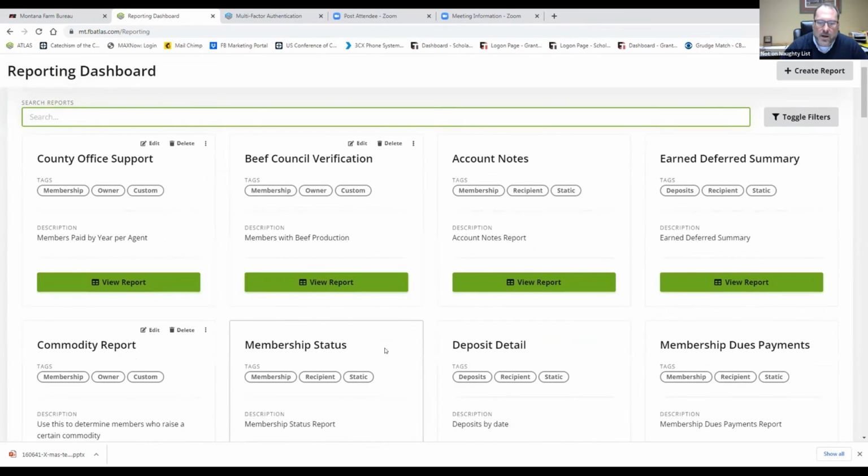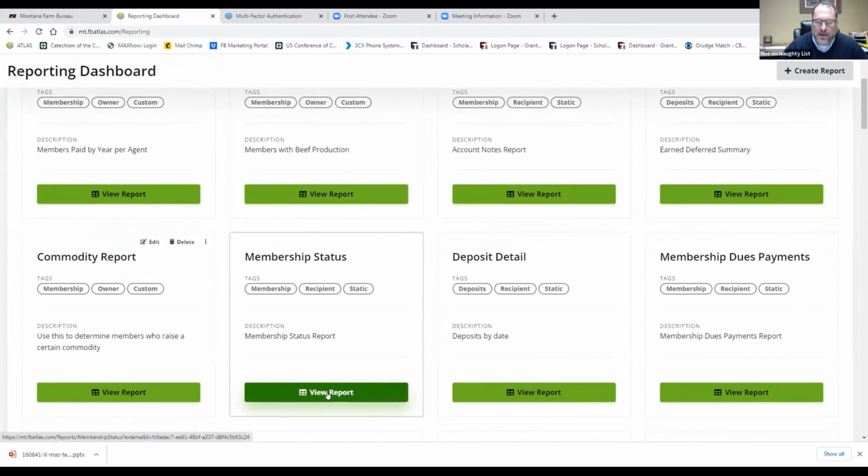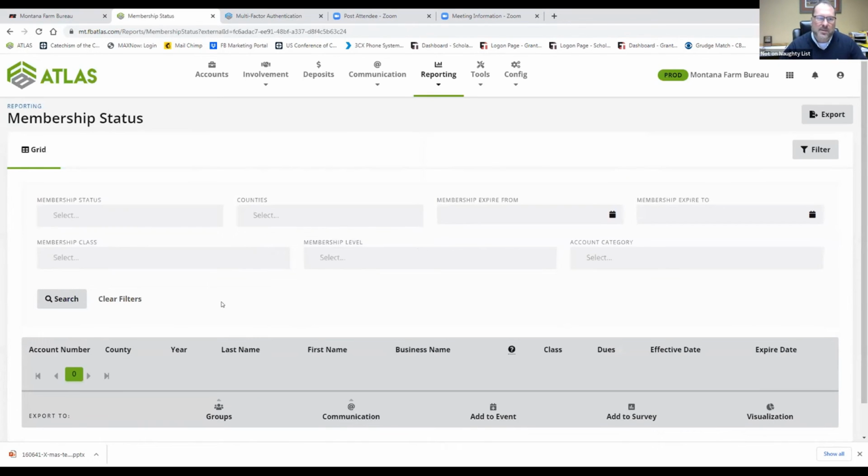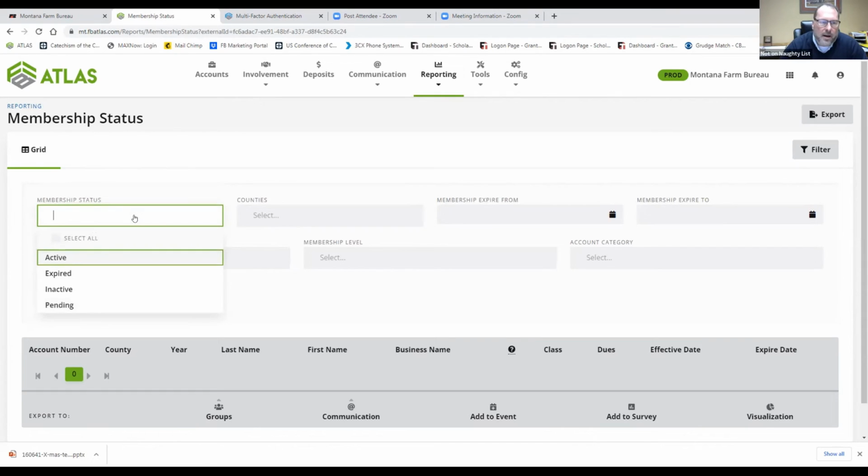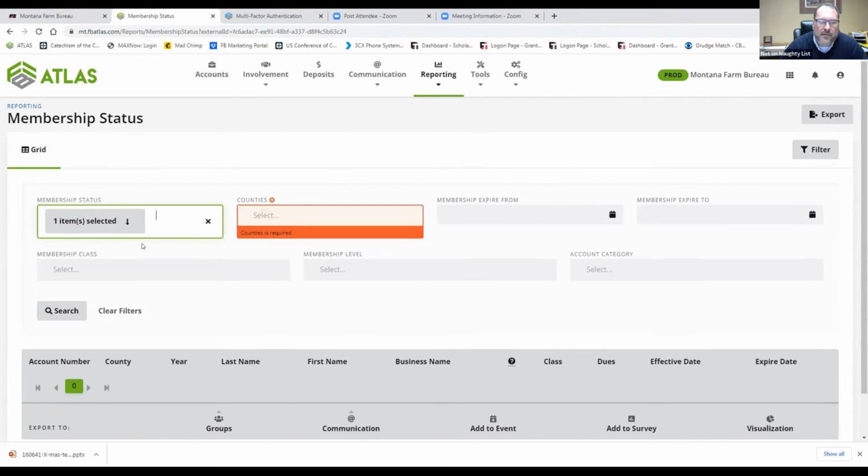You can see some of the ones, and they'll be ordered by the ones that you've looked at most recently. The first one I want to show you, which I think is very valuable, is membership status. In membership status, say I want to look at who's current in the Farm Bureau, and I can sort by all these things up here. The key to these sorts is that if something shows up in orange, it's required. So I'm going to start off by showing you a basic active search. And you can see here that it's going to require counties.